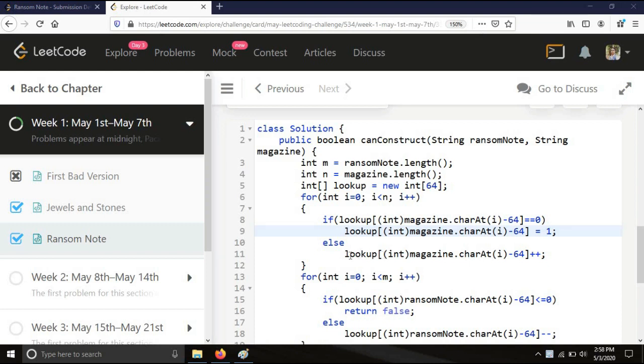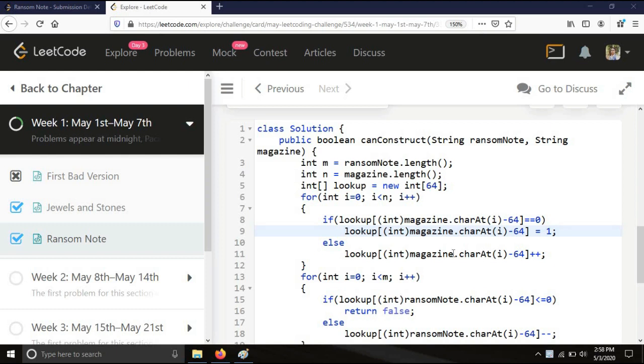For example, lookup of magazine char at i. Suppose the character at the ith position is A. So what will be its equivalent ASCII value? Bracket int magazine dot charAt will give the ASCII value of the corresponding character. So what will be the corresponding ASCII value of capital A? It will be 65.